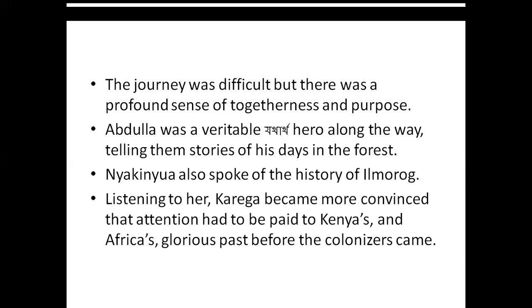But that journey became enjoyable when Abdullah started telling his life story, what he did in the Mau Mau rebellion, what he did in his past. Abdullah also lost one of his legs in the Mau Mau rebellion, and Abdullah had an adopted son, Joseph, as you already know, and he had a donkey, and he started a bar and a shop in Ilmorog.